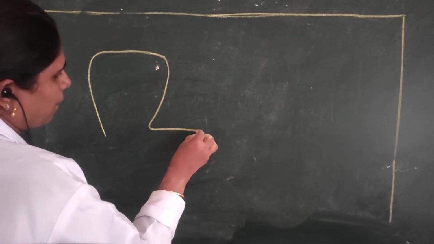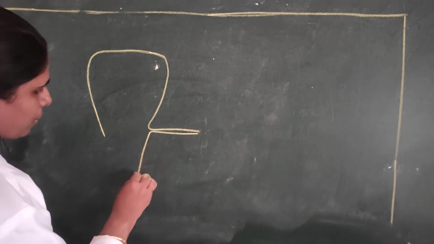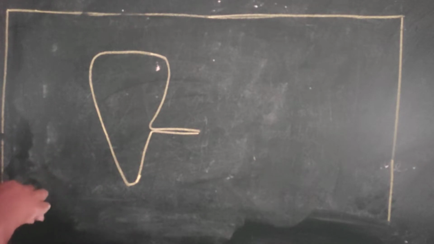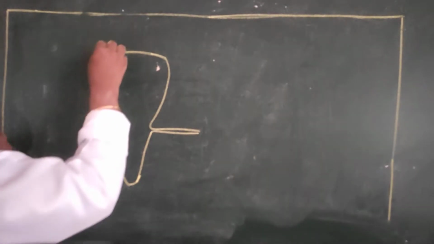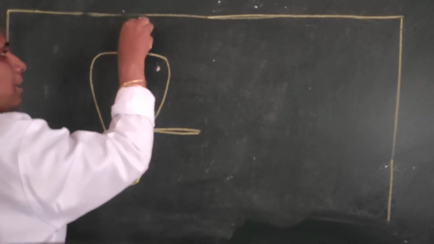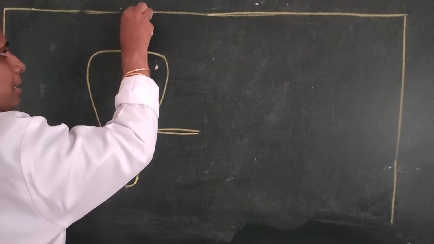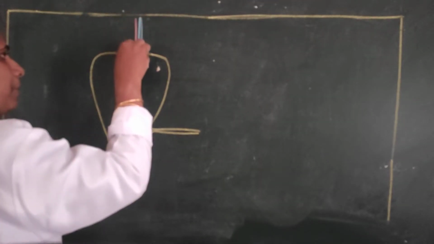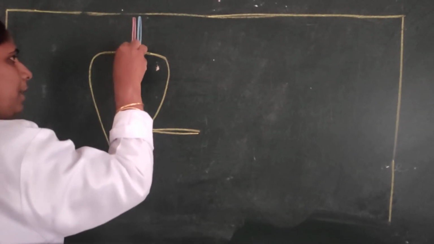For this purpose, we have to draw the diagram showing the parotid gland. First, we have already studied that at the base there are the superficial temporal vein, superficial temporal artery,